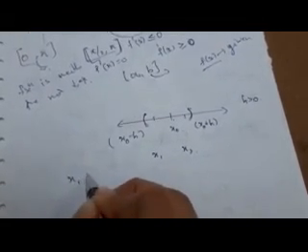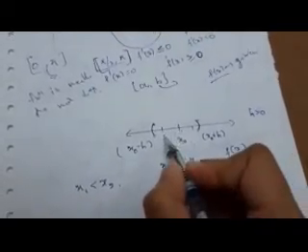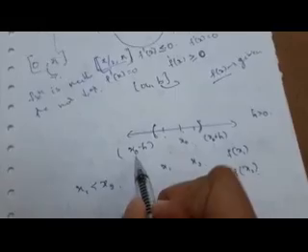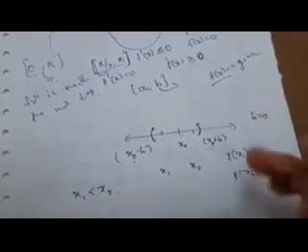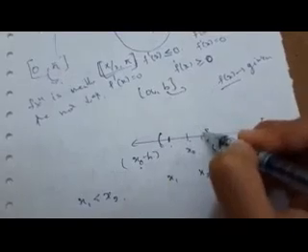Now, with x1 less than x2, let us check what the values of f of x1 and f of x2 are. We have taken two random points within the interval x0 minus h to x0 plus h, say x1 and x2, where x1 is strictly less than x2. First find the value of f of x1 and the value of f of x2. How do we find them? By substituting the values of x1 and x2 in the given function. Now you have the values of f of x1 and f of x2.